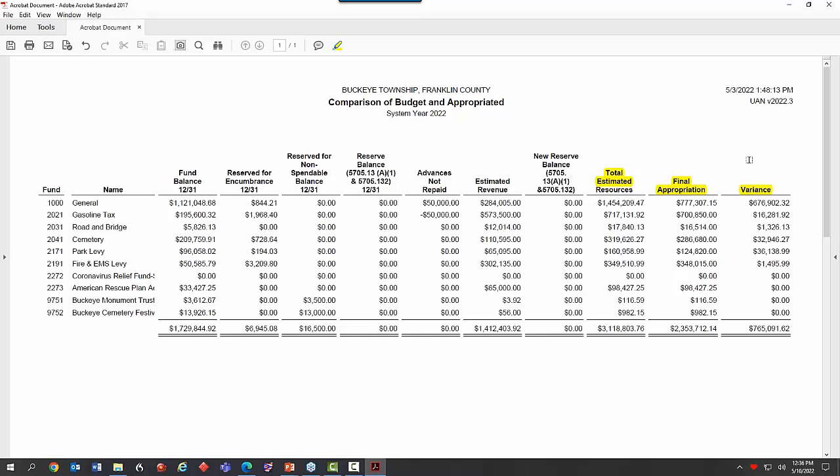So let's just say, for example, in our cemetery fund last year, remember we did the budget last year, we looked at replacing a couple of our mowers. These are big mowers, and we got model numbers and pricing, which won't be good the next year, but at least it's a starting point, right?